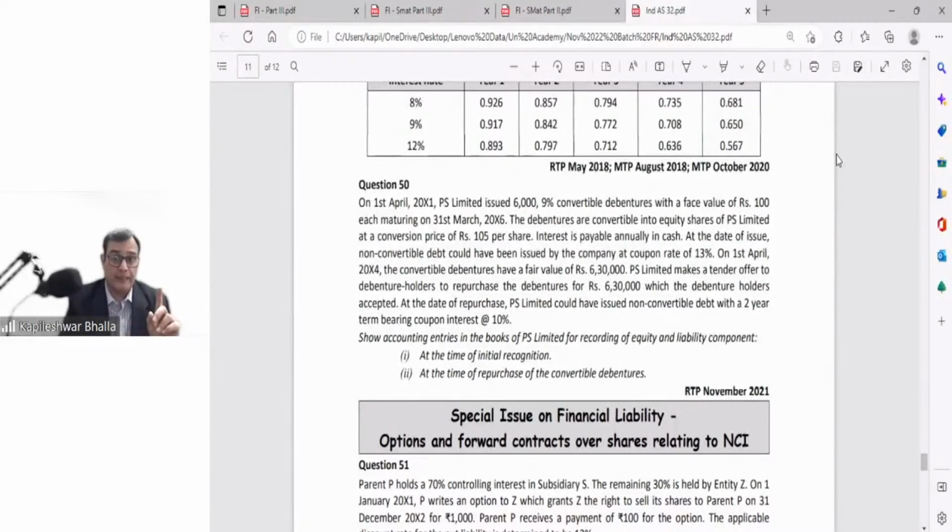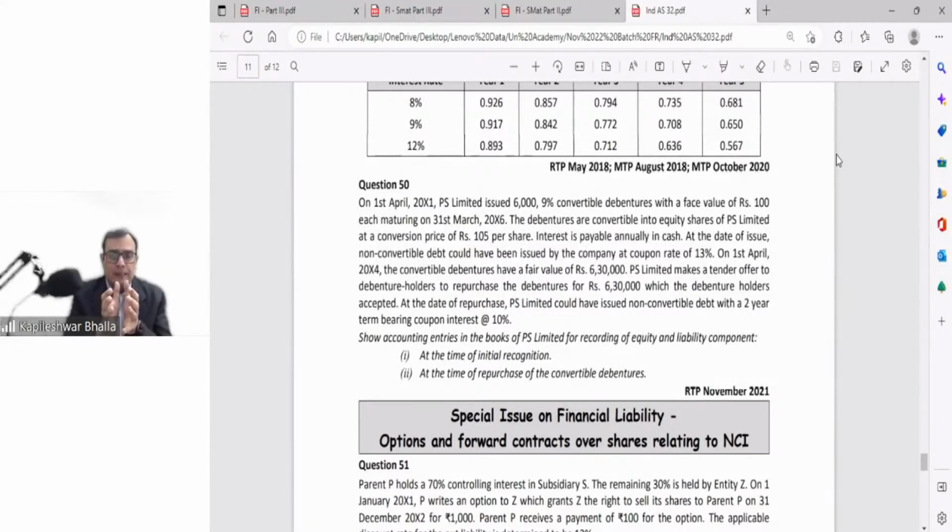And on the date of redemption, I'm very clearly given that if you look at a coupon rate prevailing on a non-convertible instrument with a 2 years maturity, the same maturity as the original instrument, the coupon rate is supposed to be 10%. So what we need to do now at this stage,